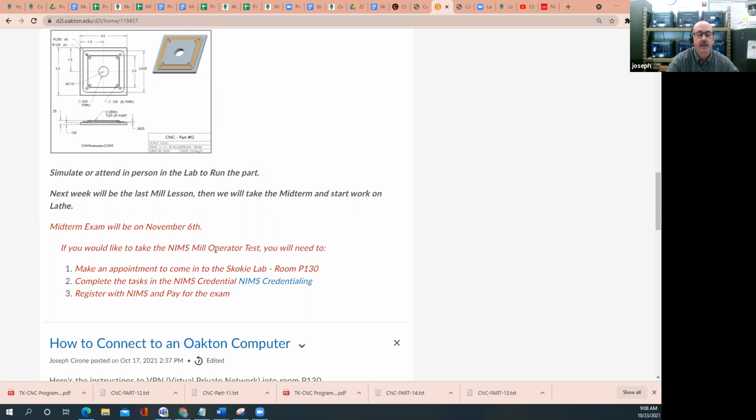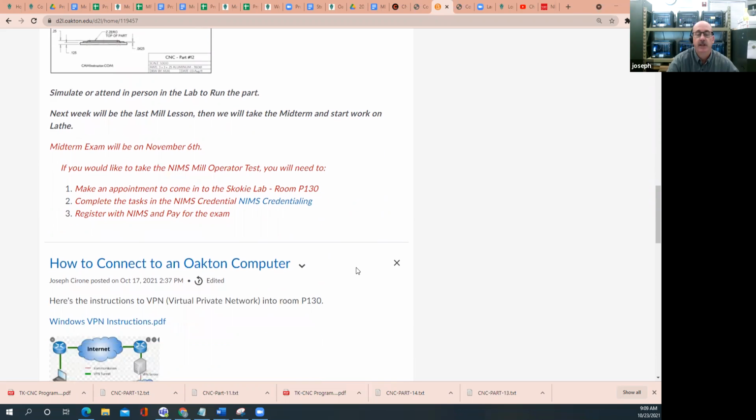If you would like to take the NIMS mill operator test, you will need to make an appointment to come into the Skokie lab. You can come in room P130 on Saturday mornings when we teach the class, or you can make an appointment and then we'll have one of the lab assistants be able to work with you. You'll need to complete the tasks in the NIMS credentialing document, and the document's right here. So if I click on it,